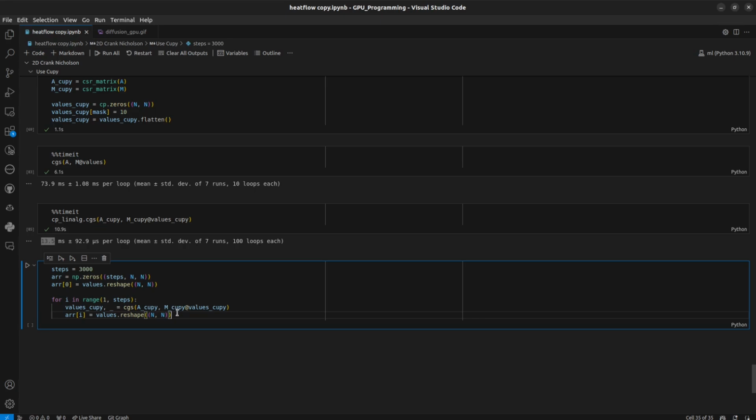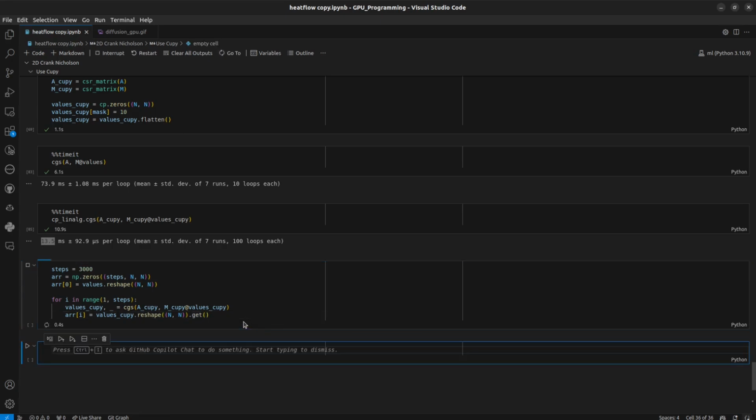And if we store it, this array is going to live on the GPU, so we have to get it back on the CPU to save it in a NumPy array. And if we run that,